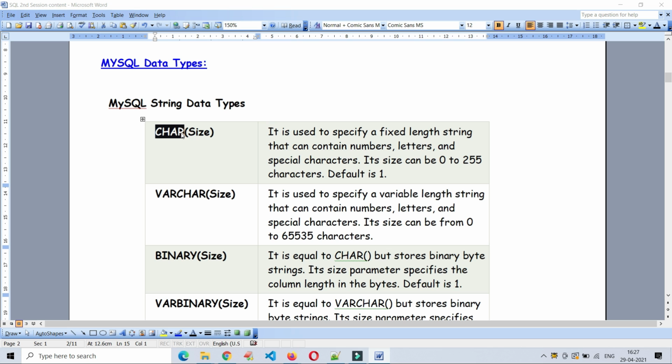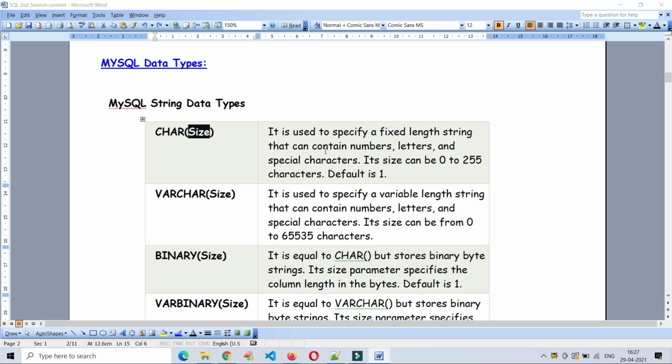In the same way, if I would like to allow the end user to enter only one character into a particular field, yes or no, Y or N, in that situation, for that particular column, I have to declare it as a char data type with char of size, how many characters we have to allow maximum.